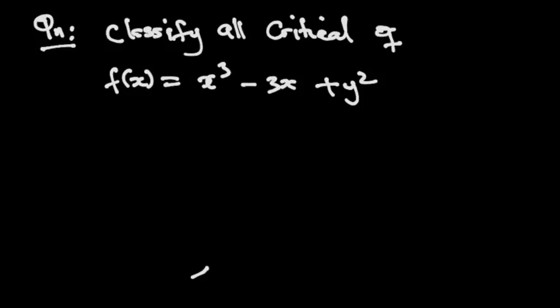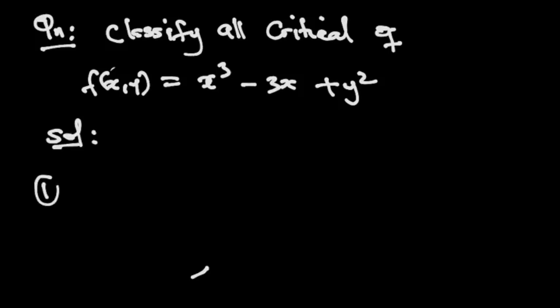Let's look at the simpler function. So we are told to classify all the critical points of f(x, y) = x cubed minus 3x plus y squared. Now the solution is going to come in